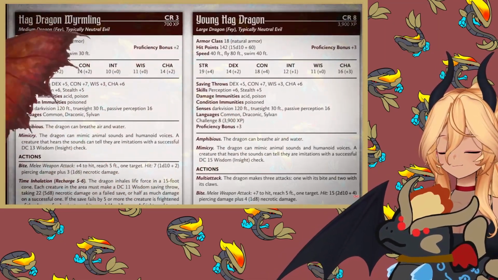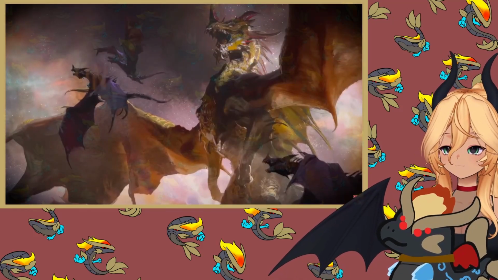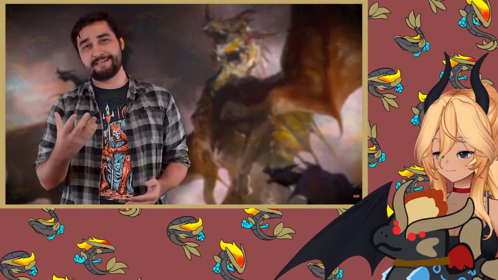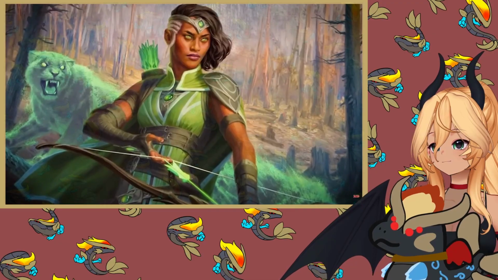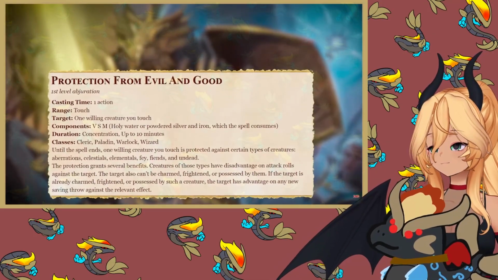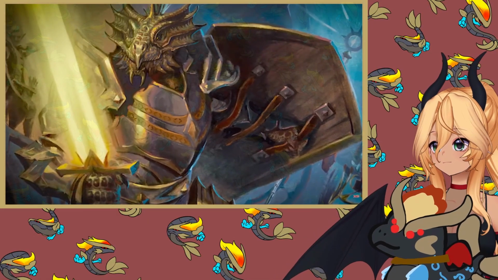It's definitely a dragon, it's also definitely a fey creature. It was really important to me while creating this monster that things which only affect dragons and only affect fey would both affect this creature, because it's kind of both. So I gave it the dragon type and the fey tag. This might not come up a bunch, but the odd times when it does, I think it'll make for some really interesting roleplay moments. Whether it's the ranger with favored enemy tracking some kind of bizarre dragon they've never seen, or a paladin using protection from evil and good to shield against the dragon's fey magic, I think it being a sort of dual-typed creature is both very flavorful and mechanically kind of interesting.